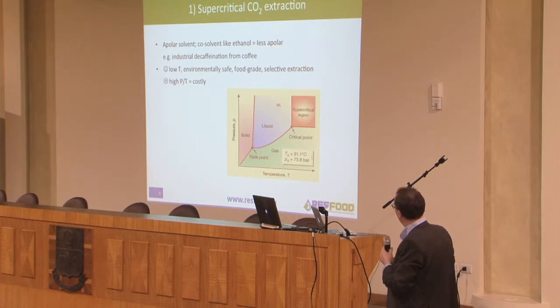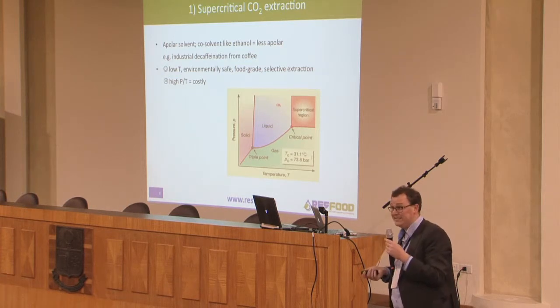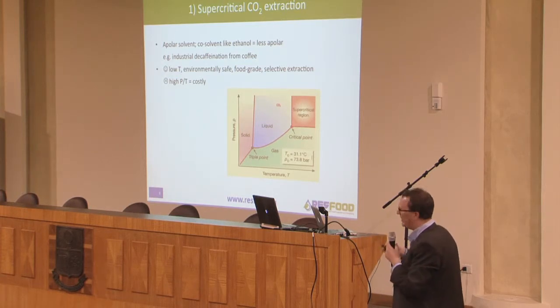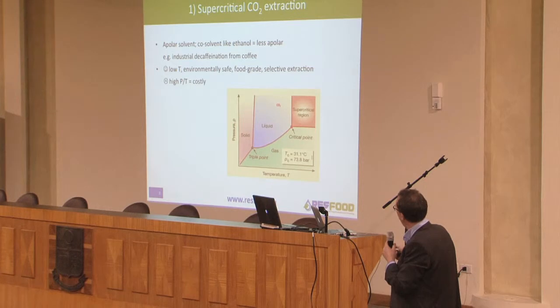So it's the temperature on the horizontal axis and the pressure on the vertical one. So CO2 can be a liquid, can be a gas, but from a certain point, this is called the critical point. And for CO2, it's at a temperature of 31 degrees Celsius and at a pressure of 74 bar. You've gone into the supercritical region. So actually, this means that CO2 is not a gas anymore, CO2 is not a liquid anymore. It's something in between, and it has some advantages of both.